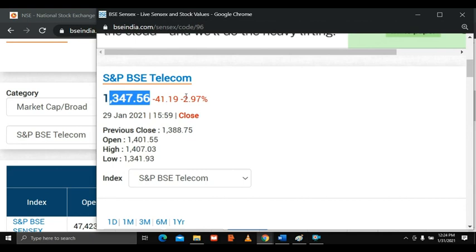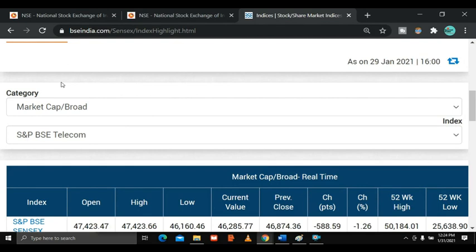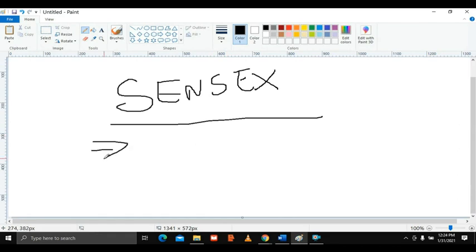Also, you understood earlier what stock trading is and what index trading is. If you buy the stock and sell the stock, that is stock trading. If you trade in indices, that is called indices trading. I will show you the different tradable indices which you can trade. For example, there are tradable indices in our stock market. I will come to that point. Before that, I will take you back here.